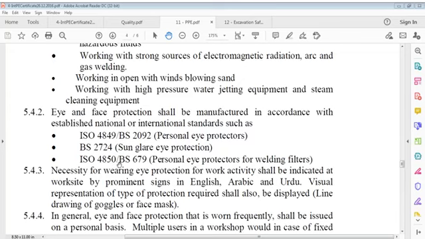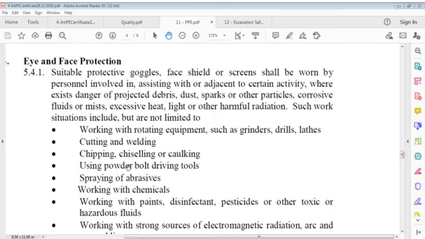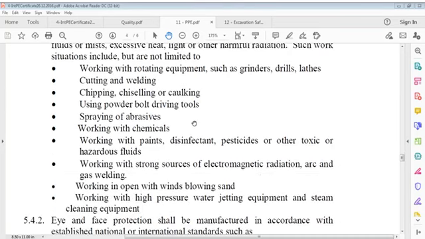Let's repeat this, also very important. Eyes and face protection. Suitable protective goggles, face shield or screens shall be worn by personnel involved in assisting with or adjacent to certain activity where there exists danger of projected debris, dust, sparks or other particles, corrosive fluids or mist, excessive heat, light or other harmful radiation. Such work situations include but are not limited to working with rotating equipment such as grinders, drills,